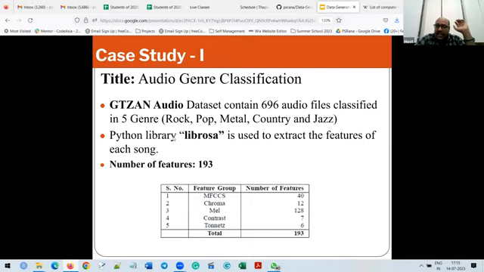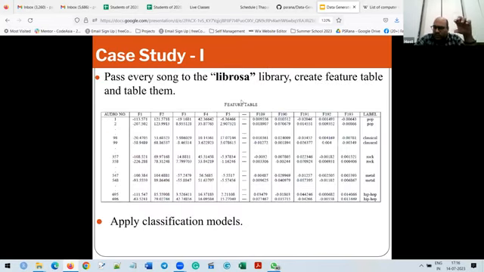Now there is a library with the name Librosa that is used to extract the features. Okay, it will extract 193 features for me, and these are the major groupings of the features. There is one MFCC category that consists of 40 features. Similarly, Chroma is there, with 112 features. So overall, the Librosa library will give me 193 features. So what I mean is, let's suppose I have 5 types of genre audio and those audio files are stored in different folders, defined in 5 folders.